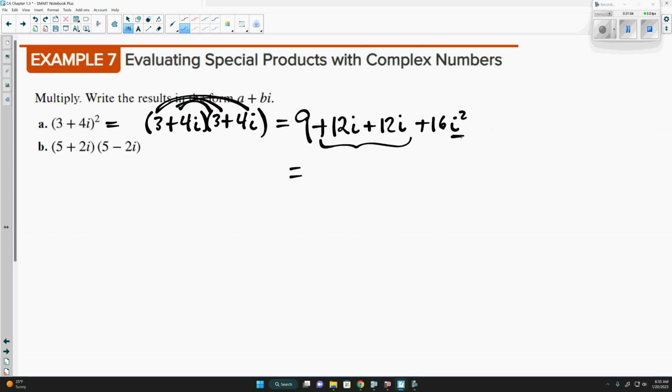It's just that this is not going to be plus anymore. It's going to be minus. And a lot of times when I work these, we understand the times the -1. I will cross that i squared out, change the sign from positive to negative or negative to positive to take that into account. So we do 9 minus 16 is -7 plus